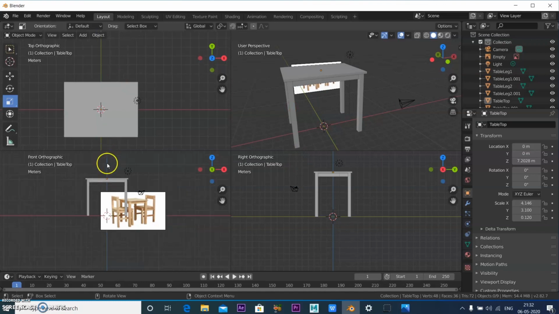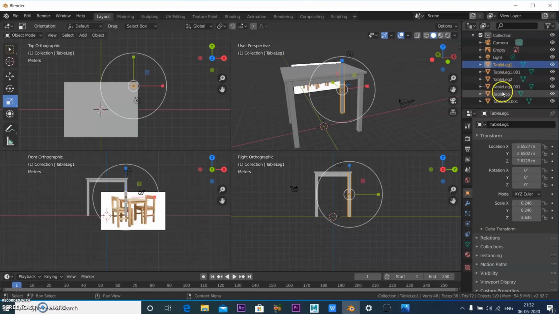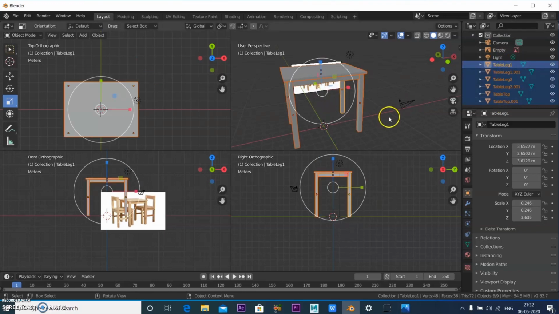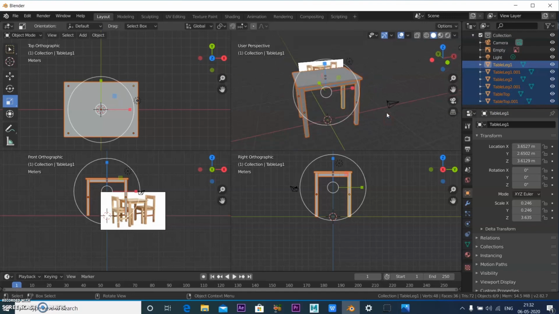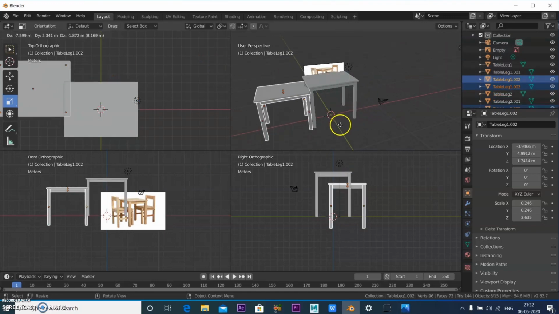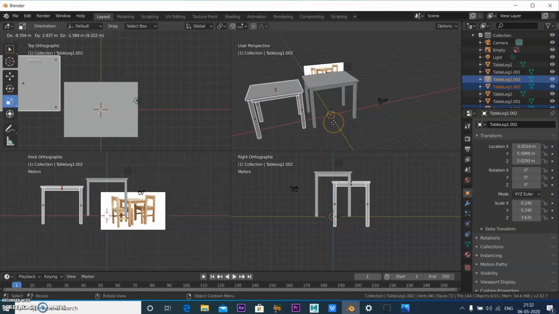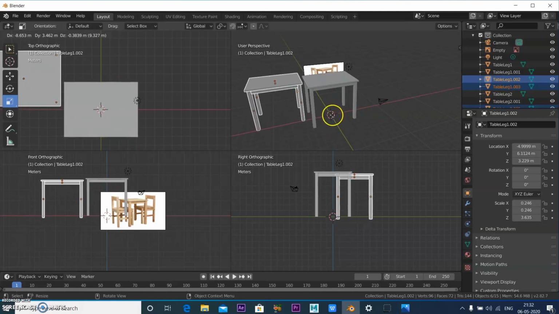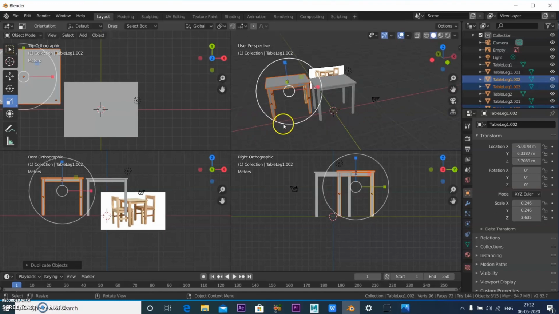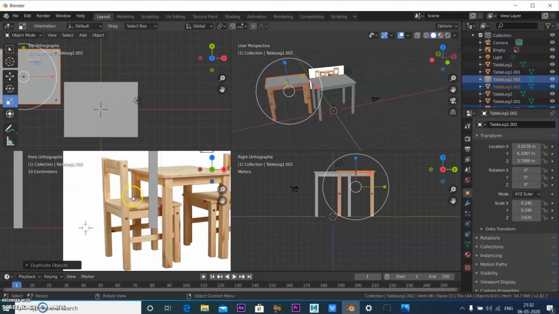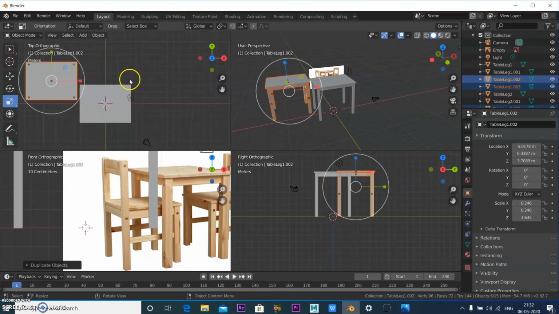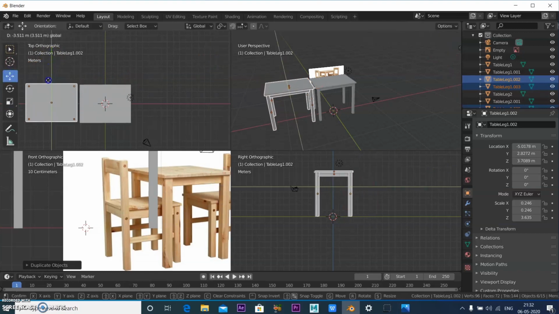So what I'll do is select all these objects now. Inside this, you can just select all these objects. Once we have selected these objects, now you press Shift D. So we have just created another table. Now what you want to do is reduce the height of this. So this will be long and this table's chairs will be short in size. So you can always duplicate this. So just place it here.